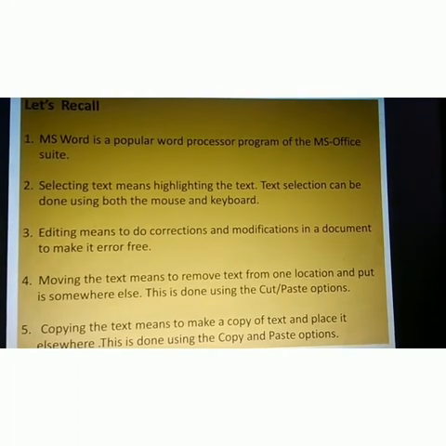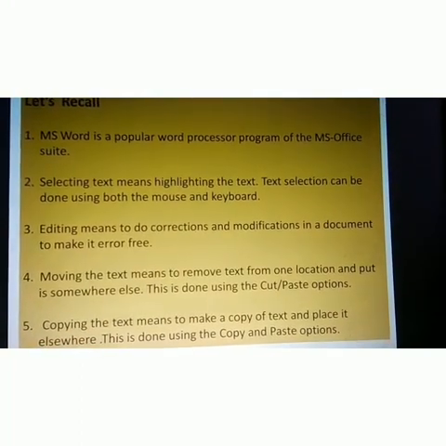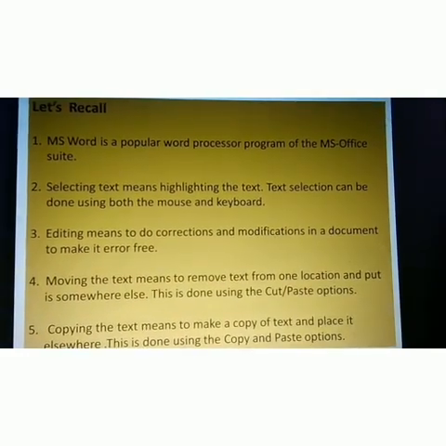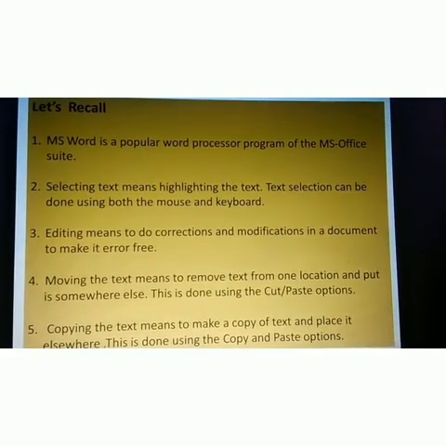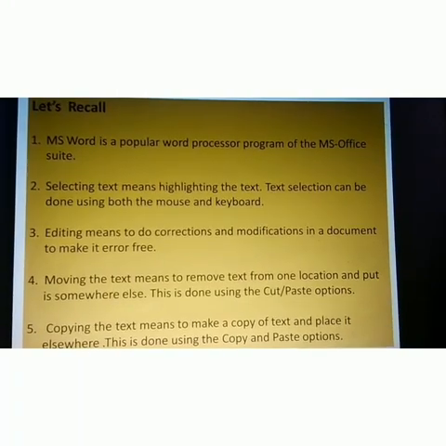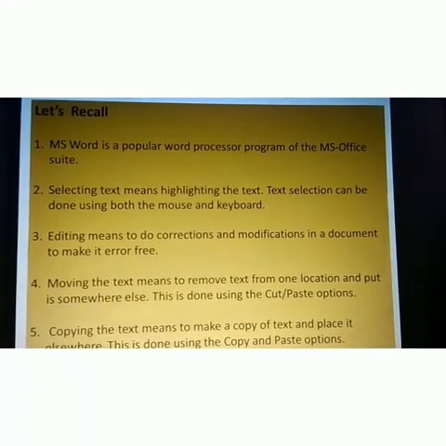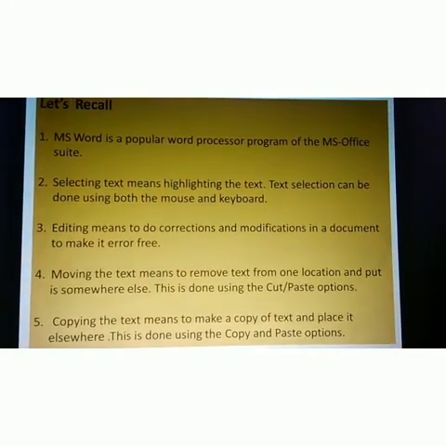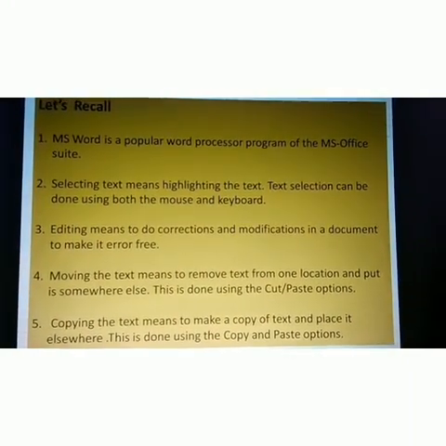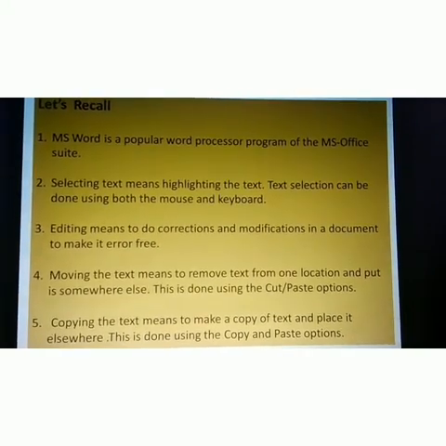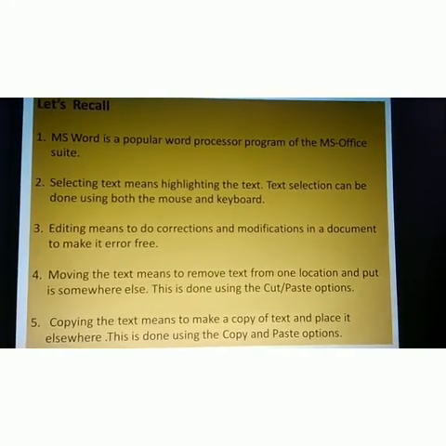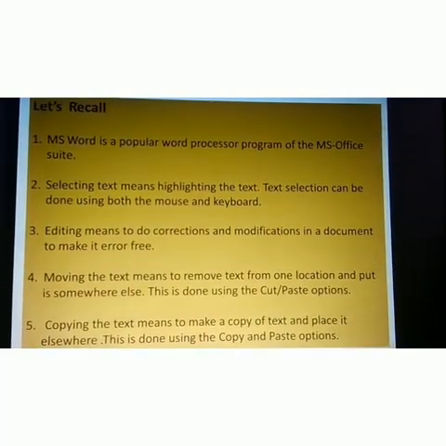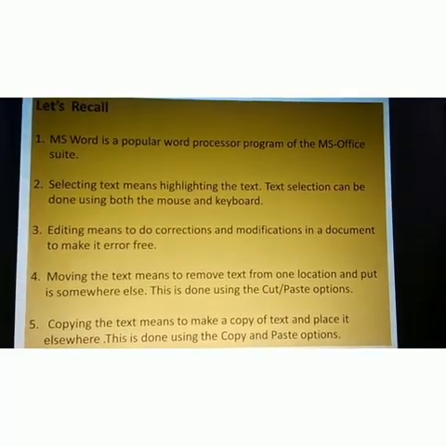Text selection can be done using both a mouse and keyboard. And third point is editing, which means to do correction and modification in our document to make it error free. Then fourth, moving the text means to remove text from one location and put it somewhere else, to shift it to a new place. This is done using the cut and paste options.